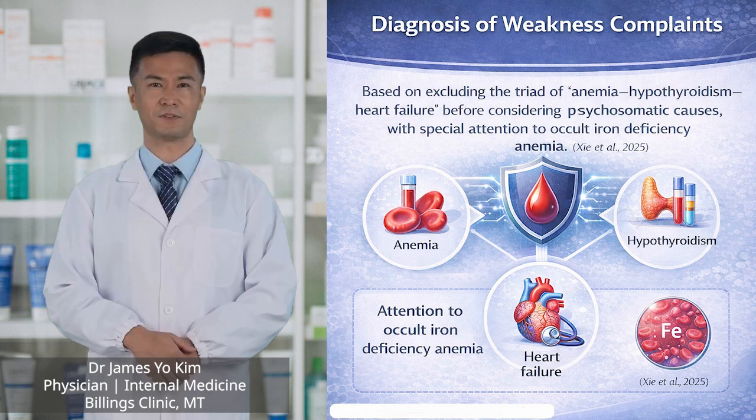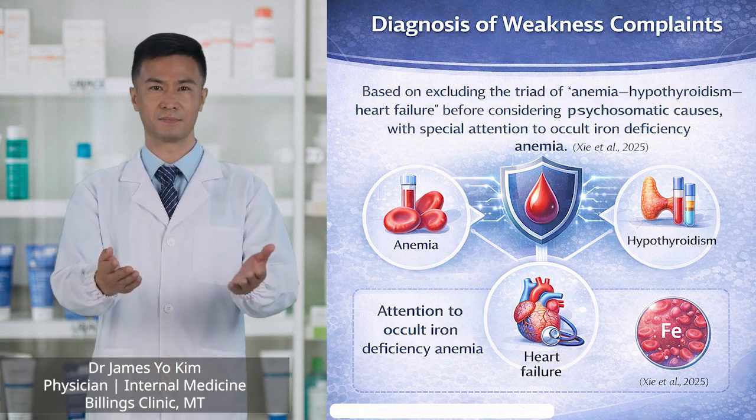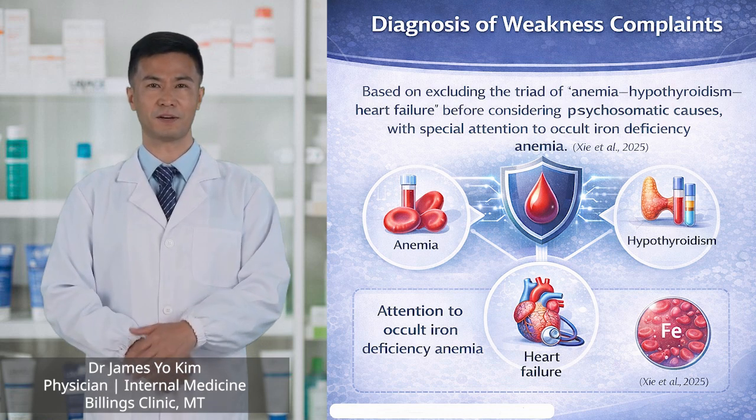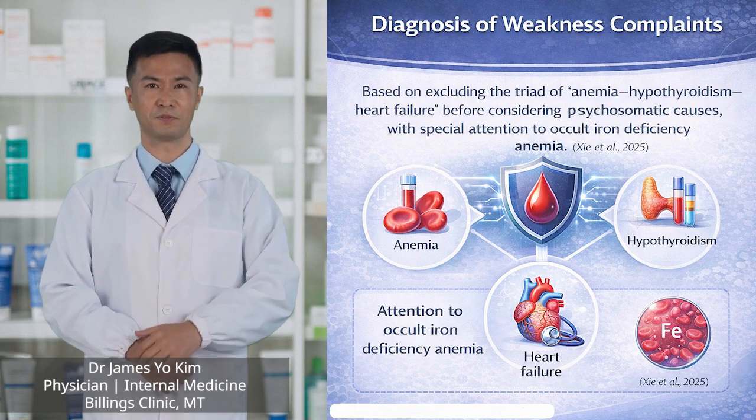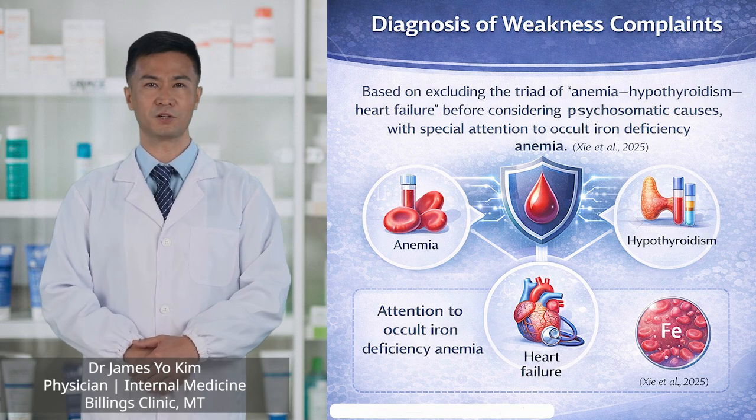Algorithm for the initial evaluation of a patient with weakness. From screening for anemia and hypothyroidism to assessing for heart failure and depression. The algorithm for the initial evaluation of a patient presenting with complaints of weakness should begin with screening for common